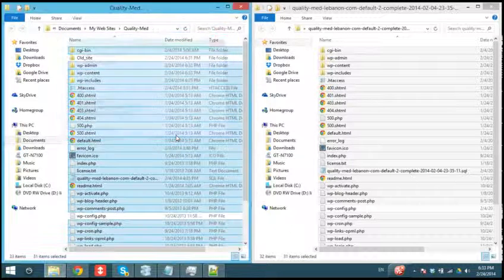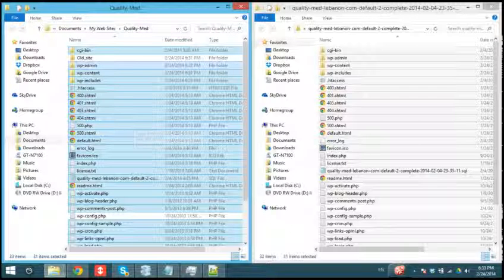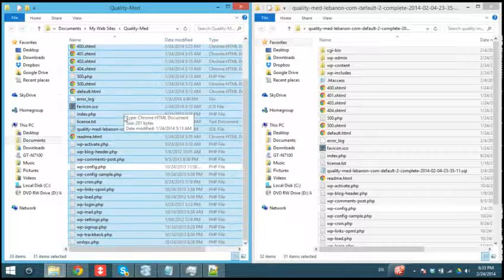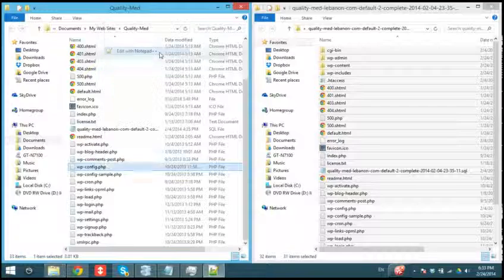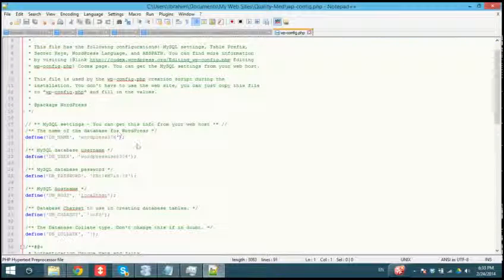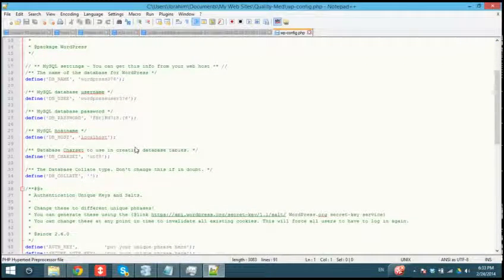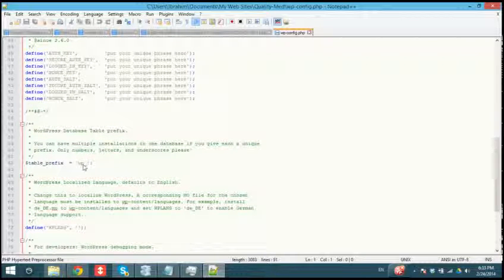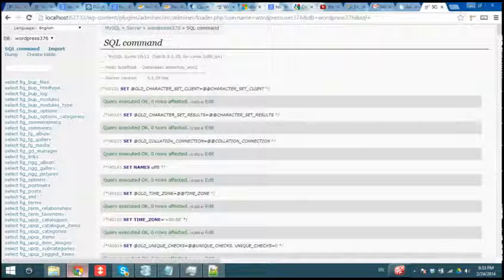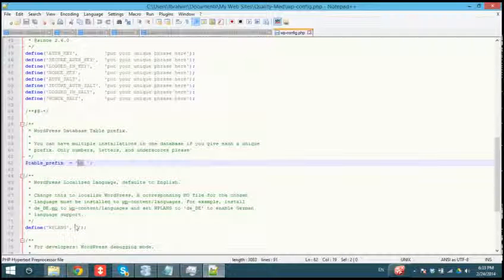Now we need to access wp-config and leave everything as it is, except for this here. We need it to be FIG, and then make sure to save it,